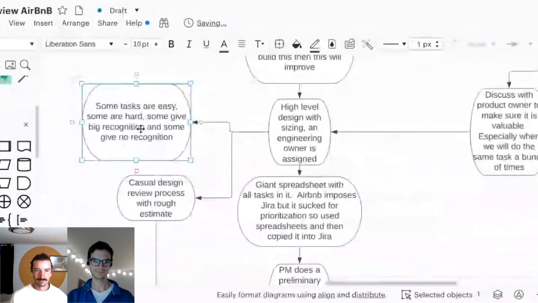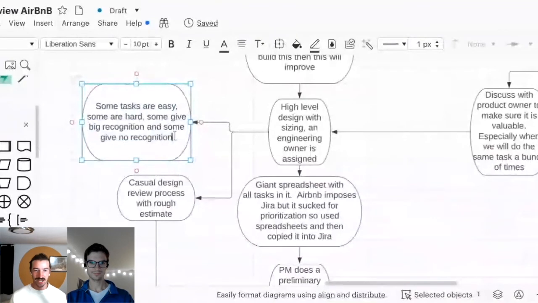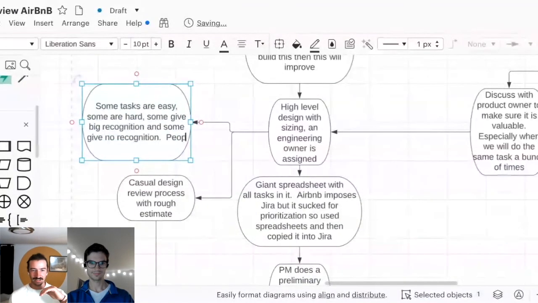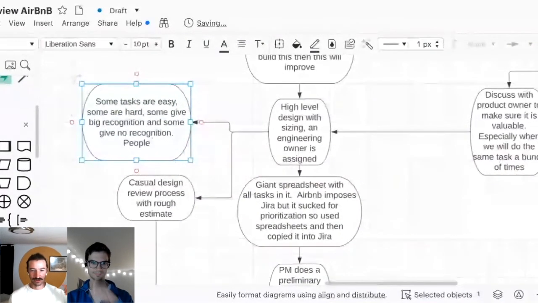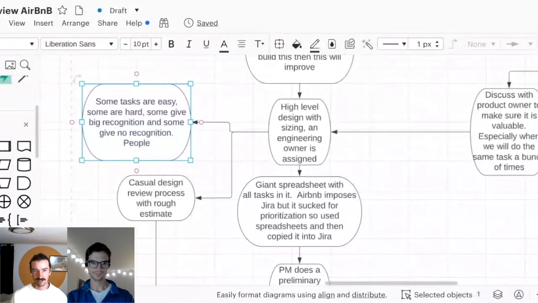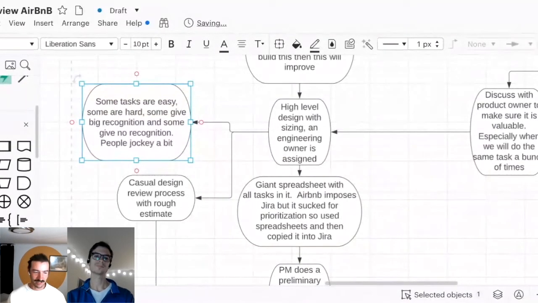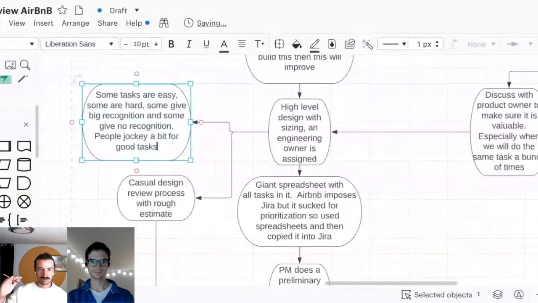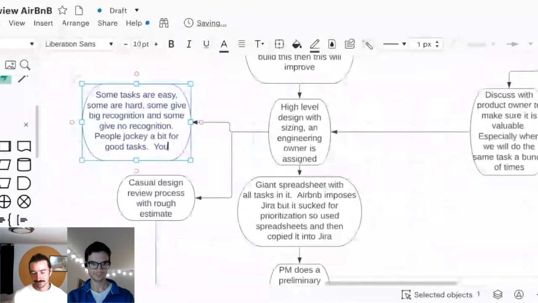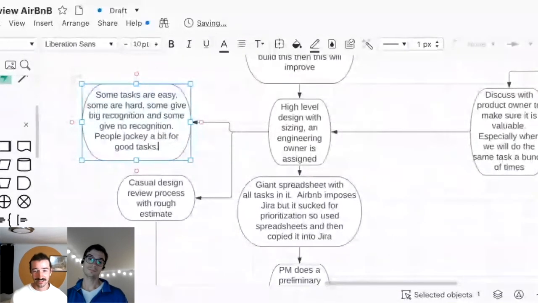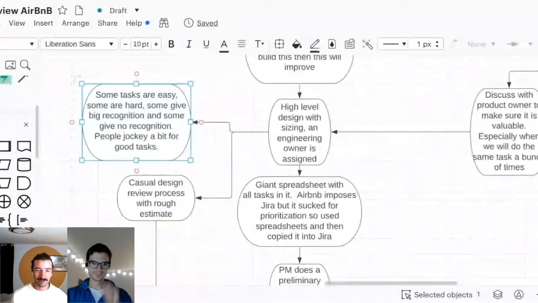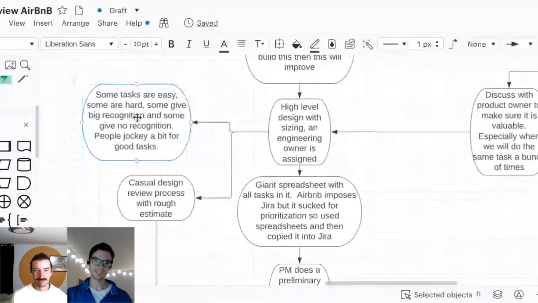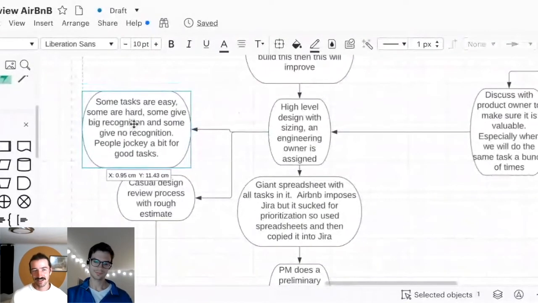But the hard tasks where you get a lot of recognition are really, I think, what drive people's careers forward. Because other engineers know what's hard and what's easy. And so even if you're driving a lot of revenue, you'll reach a plateau if you're not doing hard stuff. And also, there's a lot of personal growth in doing hard things. I think the painful, no recognition tasks are what people really fight with each other to not do. And I think once you're on a team, people are willing to do that for their teammates.